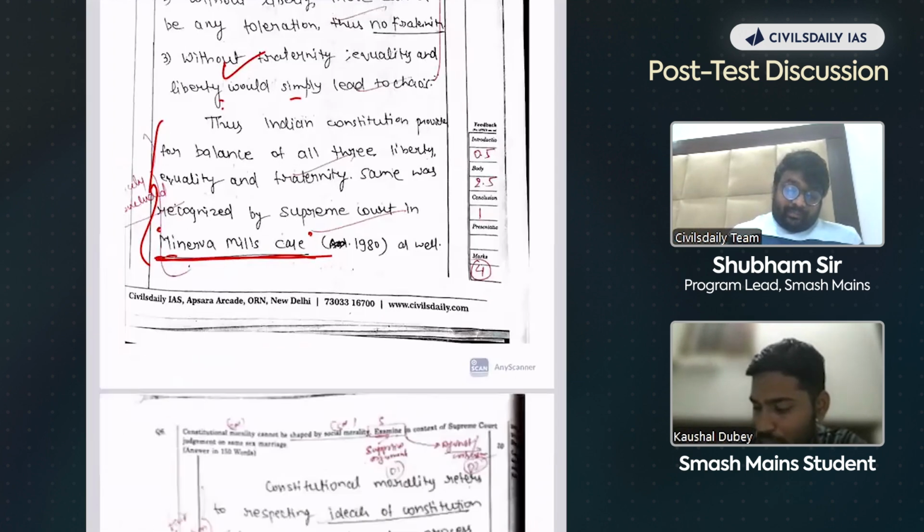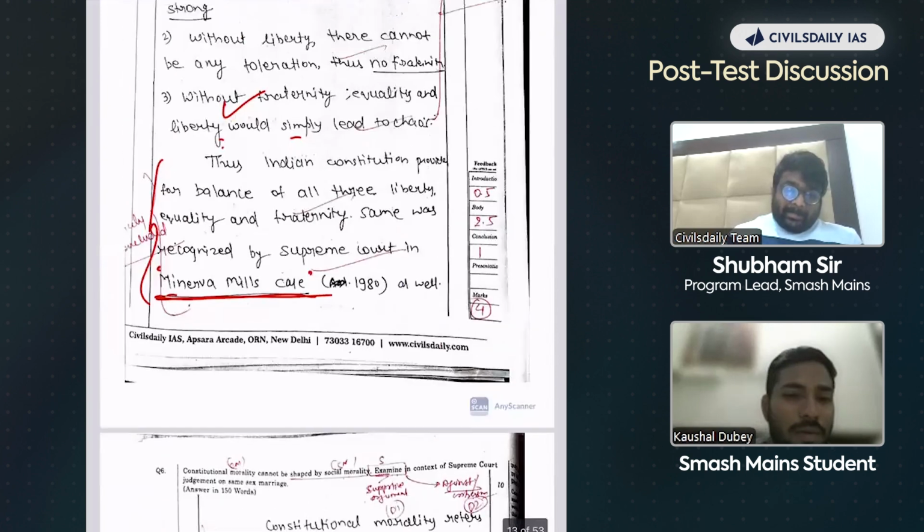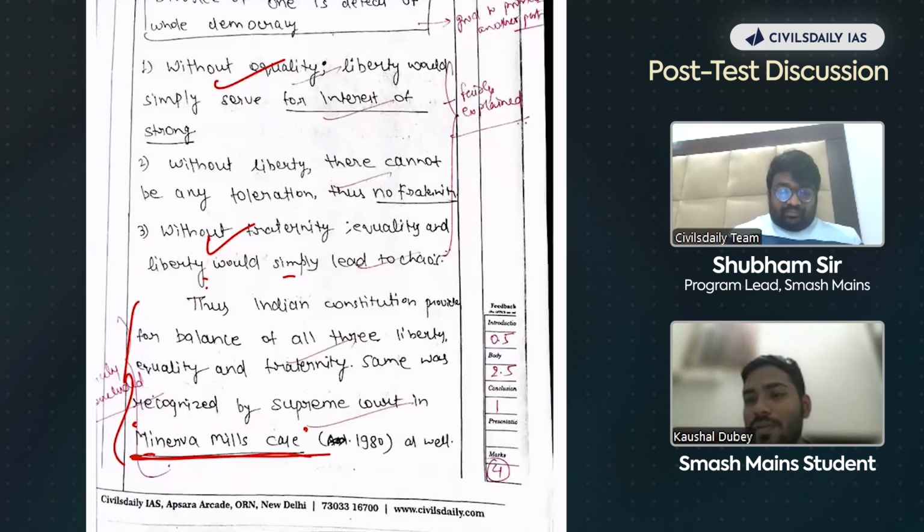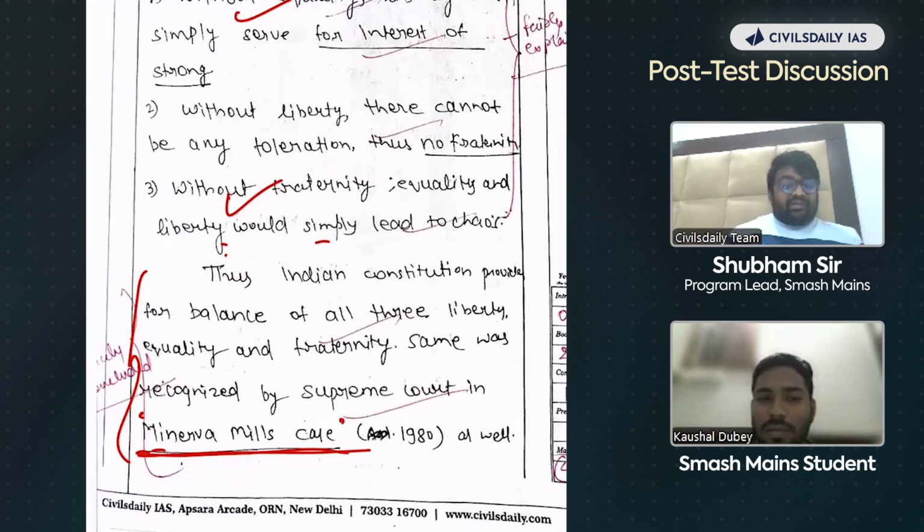ठीक है. So, it may not be applicable in this question, but in other questions, I should be putting things like way forward, or some criticism even if it is not asked, so that my conclusion is limited and I can put some other dimension also. Yes. So in this question also you can provide the way forward. There is no restriction on providing the way forward. It basically shows your problem-solving skills, which are expected from you as an administrator.